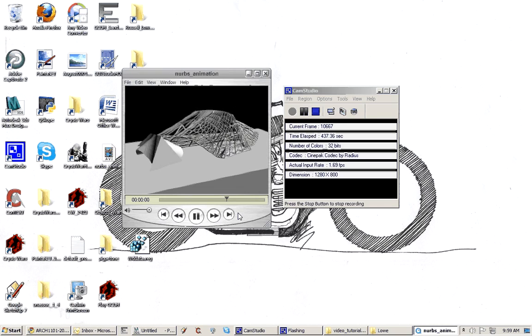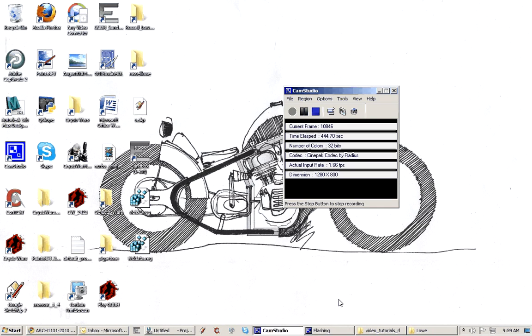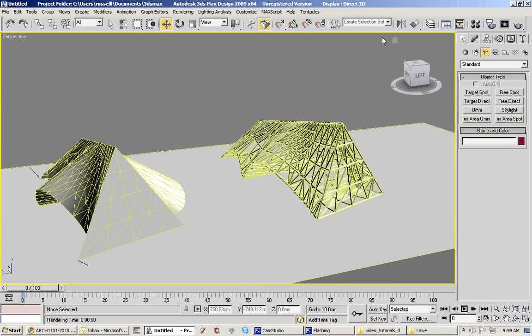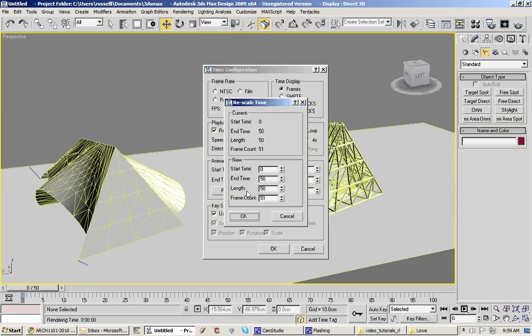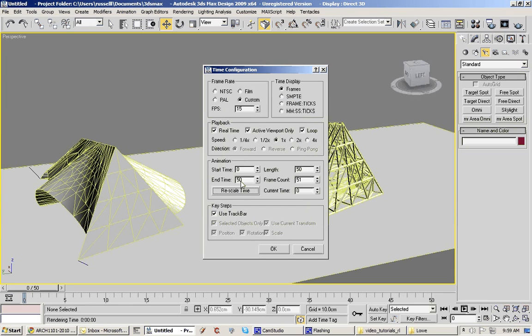I'll quickly show you how to adjust those things. If we go into the play animation key down here, you can right click and you can say you want to render it at 10 frames a second, or 15 is a good animation one. Rescale the time, go OK, so that's going to give us 50 frames, go OK,